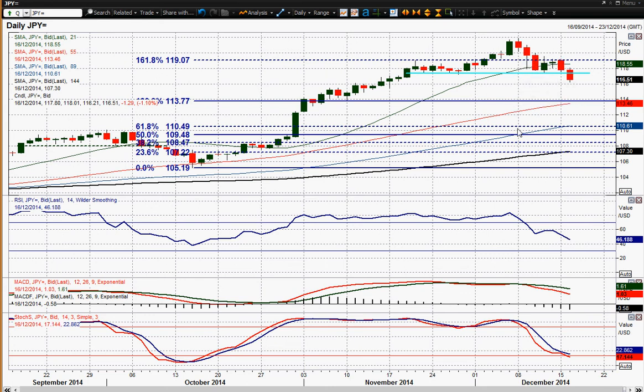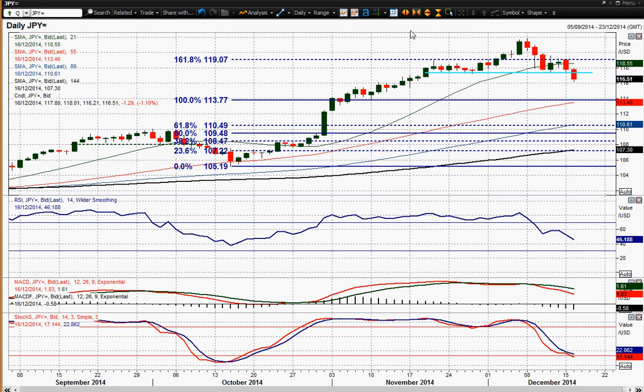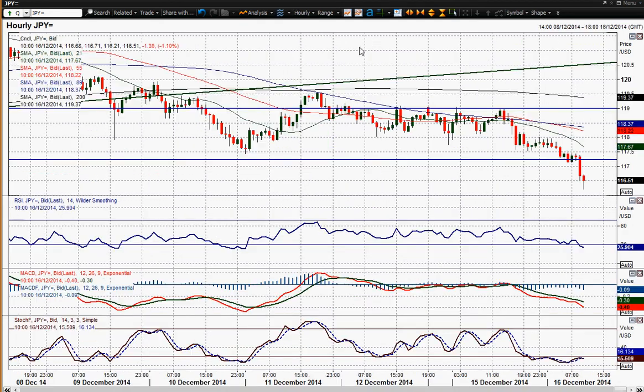it's around about 112.60, which is incredible. And it certainly looks like the dollar yen chart is now moving back towards this 100% Fibonacci target level that we had previously. 113.77 now seems to be a fairly realistic target actually, and you can now start to think about the supports on the way down. This was earlier, this is the hourly chart,